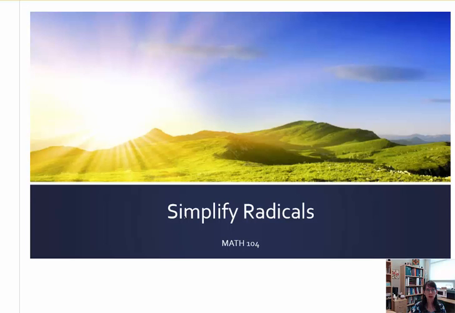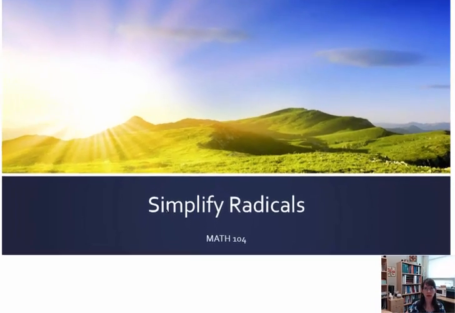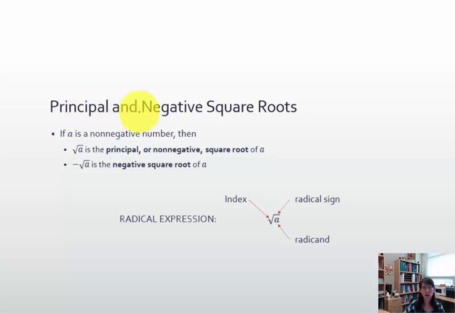The topic of this video is how to simplify radicals. We're going to talk about principal and negative square roots today. For example, if a is a non-negative number, then the square root of a is the principal, or the non-negative, square root of a. When you notice the negative sign out in front of the root symbol, it's read as the negative square root